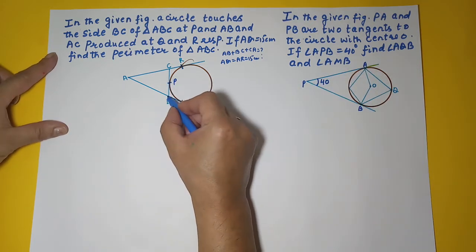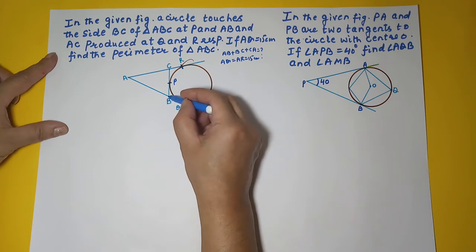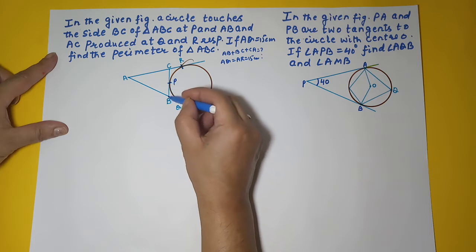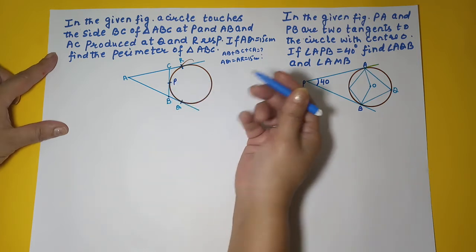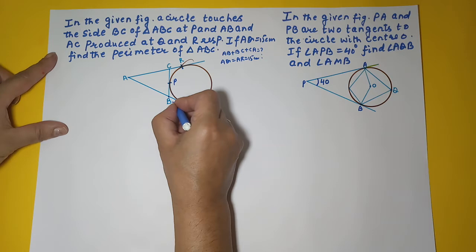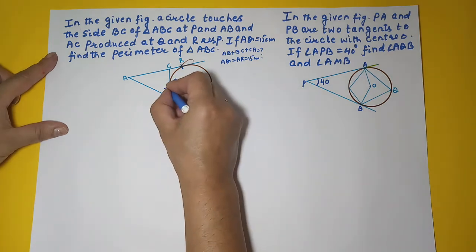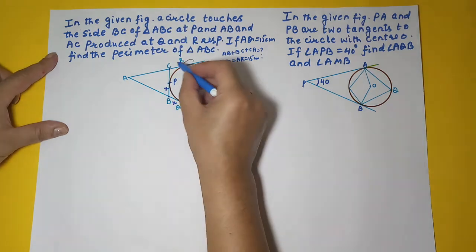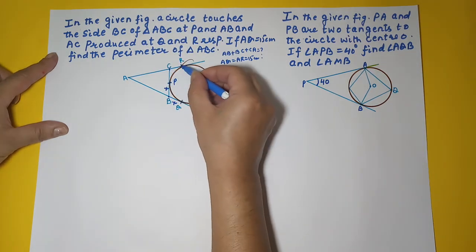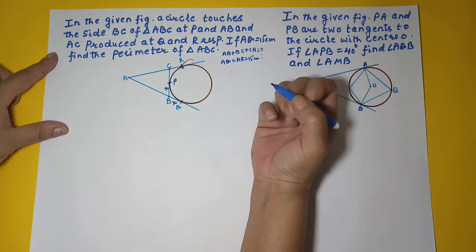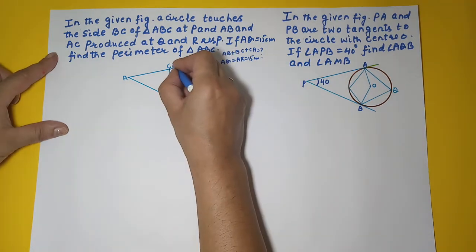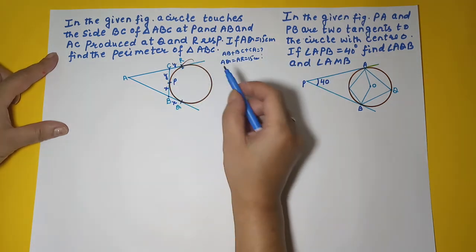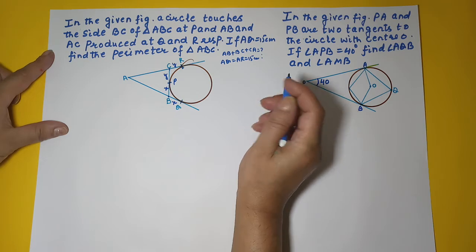So similarly, if you look at this point B, B is an external point and BP will be equal to BQ. Same reason, lengths of the tangents drawn from the external point are equal. So if we are assuming that BQ is X, BP will also be X. Look at this point C. C is also the external point and CP and CR are the two tangents to this circle. So if we are assuming CR as Y, CP will also be Y because lengths of the tangents from the external point are equal, right?